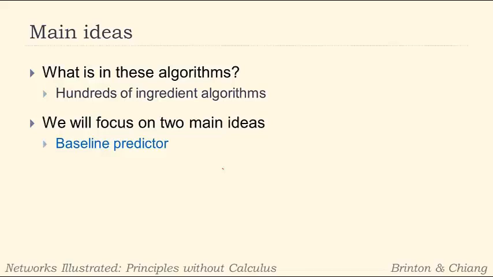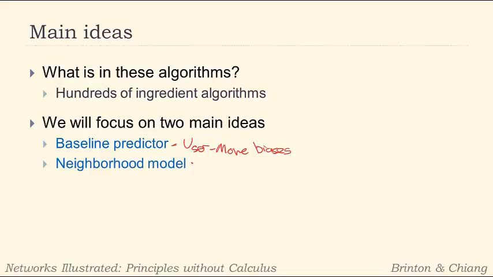And the first one of them is the baseline predictor. No pun intended, I said before, forming the baseline. This does form the baseline for what's called the neighborhood model. Basically, in the baseline predictor, we're going to look at trying to use some sort of biases of each of the users in order to make a prediction. So this is going to be something like user and movie biases. Is this user an easy or harsh user? Is the movie well received or not well received? And modify the predictions accordingly.